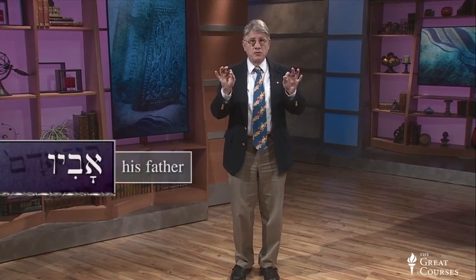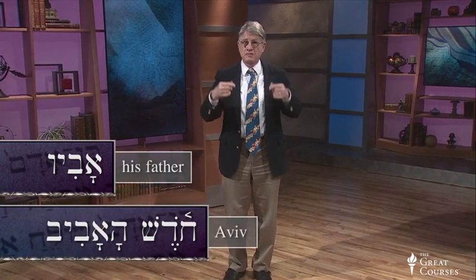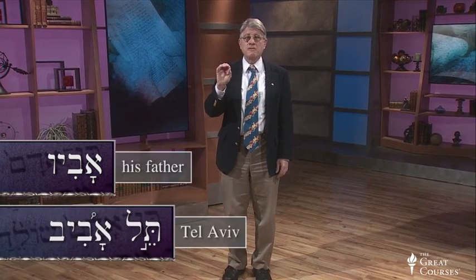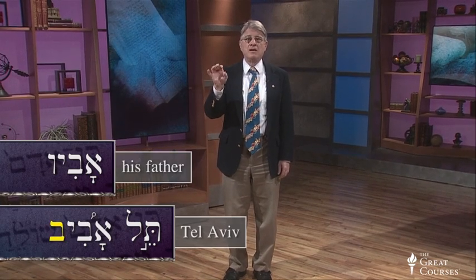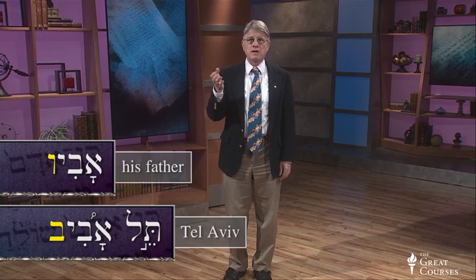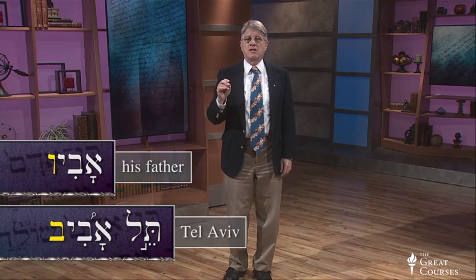Meanwhile, we need to look at a few more forms with av and ach that are irregular and not necessarily obvious. His father is not avo, but aviv. Don't confuse it with the month of Aviv, Chodesh HaAviv, the first month of spring, or with Tel Aviv, the Babylonian location from Ezekiel 3:15 that modern Tel Aviv is named after. That's Aviv with a bet at the end. The Aviv that means his father has a vav suffix, which is what you expect for his, just that it's a V sound and not an O sound. That's unexpected for a singular noun.